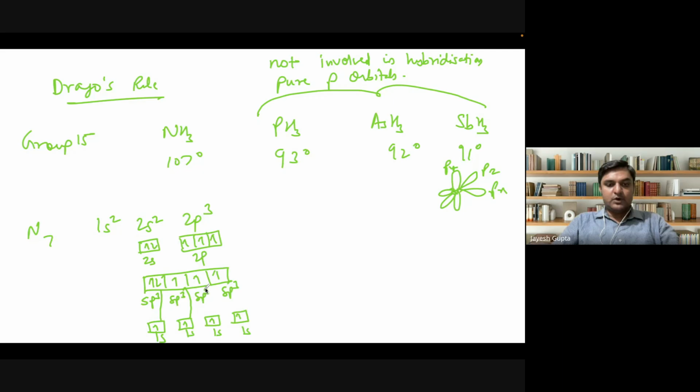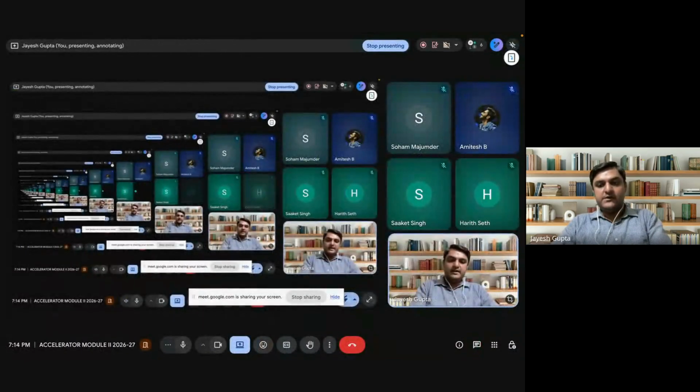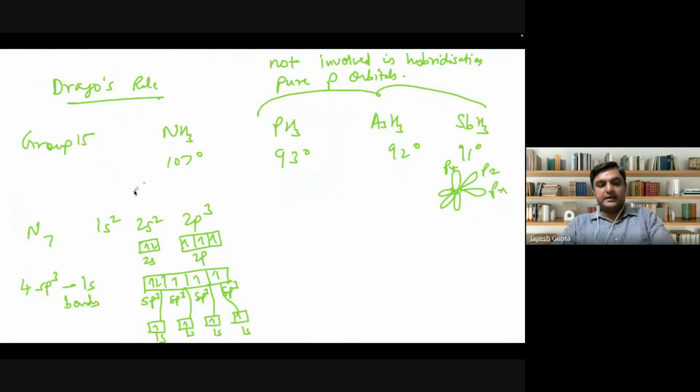This is also making bond with 1s. So here you will be getting 4 sp3-1s bonds. Okay. So here you got sp3-1s bond. That's why tetrahedral. So easily you are getting 107 degree, closer to 109 degree. But if I talk about here,